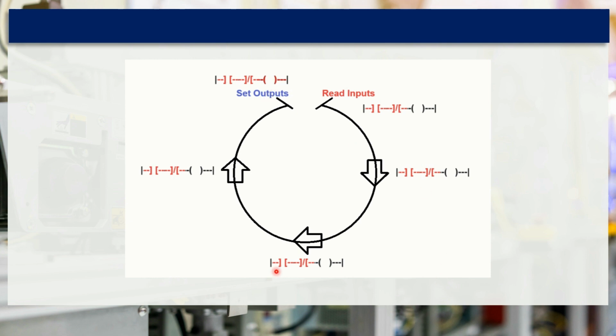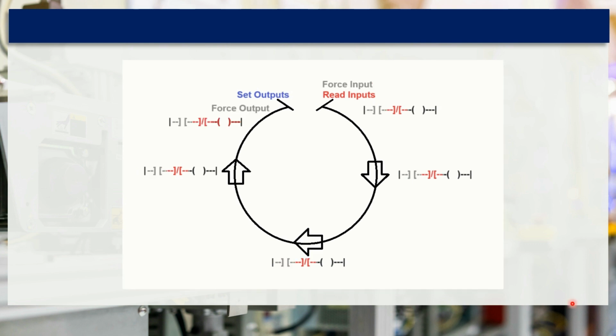But things change once we start using forcing. So when we go to force, it's not exactly that the inputs have changed, it's the way it's interpreted. So this output here, say it's a defective proximity switch, but you have to run, you've got to keep going until lunchtime until you can lock everything out and fix it. Okay, so it's a temporary measure, you know exactly what's going on, it's perfectly safe, nothing's going to get damaged,